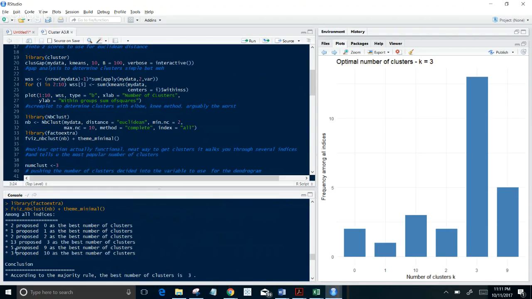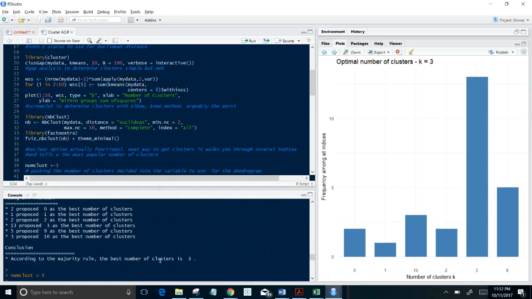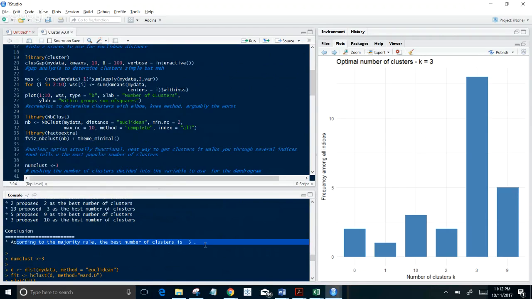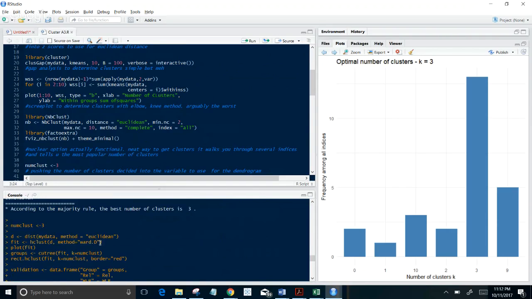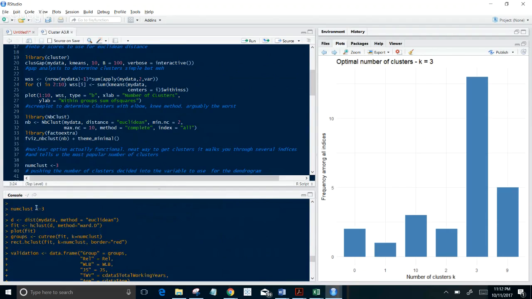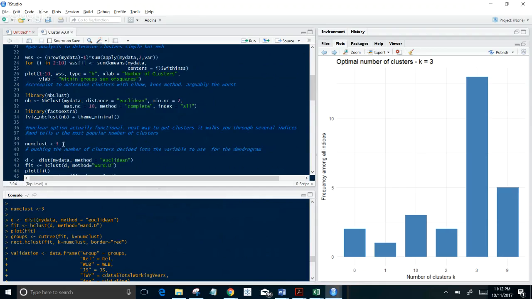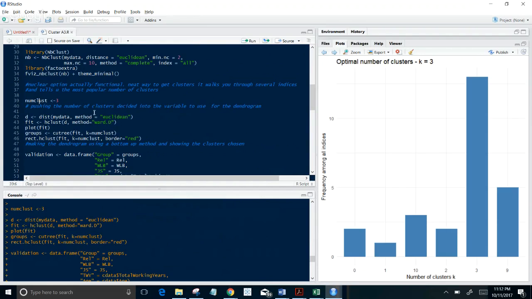Yeah, so basically that's how many proposed, and that's how many of the best number of clusters we had. And it actually just tells you there. So numclust, we're going to push 3 into that. So 3 is the number of clusters that we have, and we're pushing that into numclust to use in our